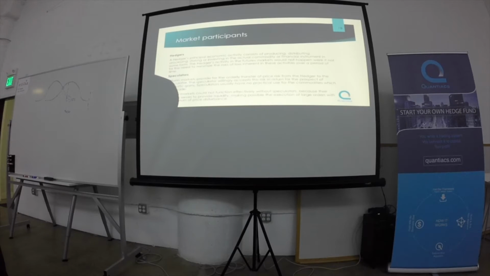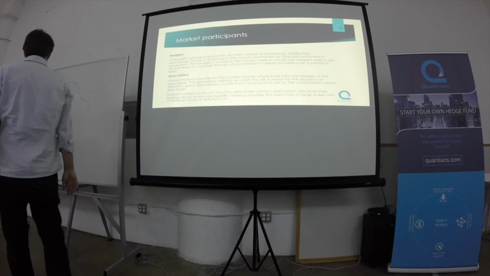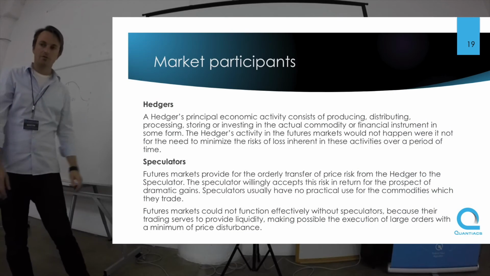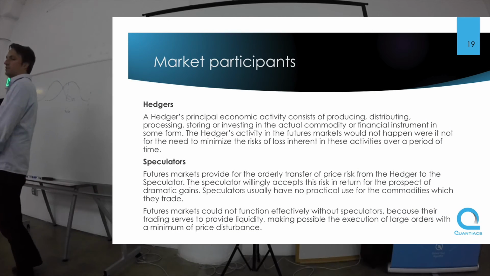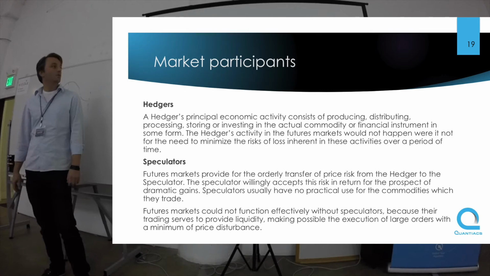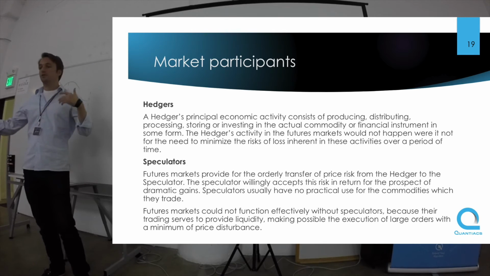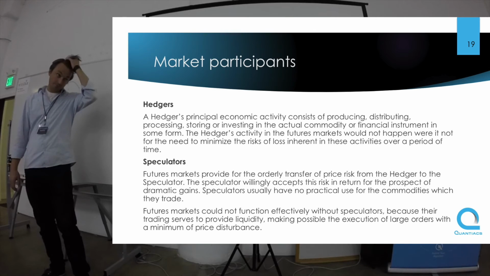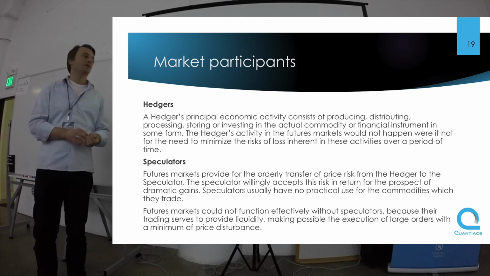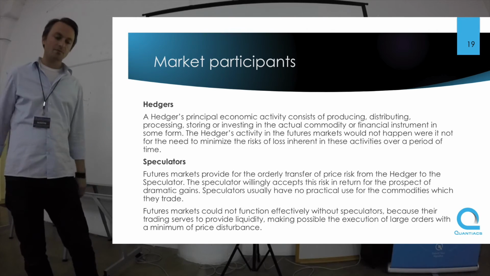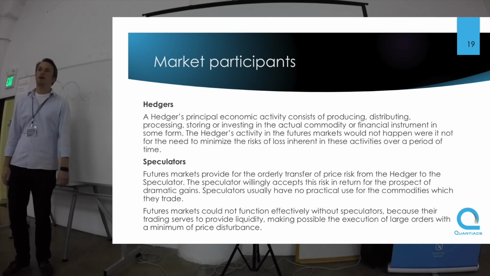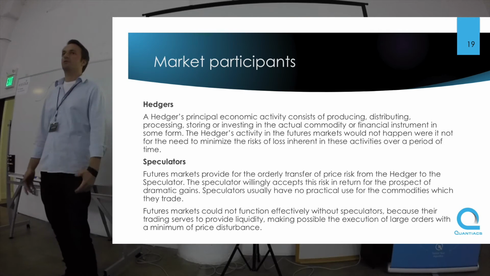Who participates in futures markets? There are two big groups of participants. The first ones are the hedgers. I already mentioned, for example, an airline, they want to hedge themselves against kerosene or crude oil prices, whatever. Or a farmer who wants to lock in the price for a future delivery of a grain. And the second participant would be speculators, guys like us. We deal with risk, so speculators who are willing to buy the risk of the hedger and trade with the risk of the hedger, because they think they can manage the risk better than the hedger can.